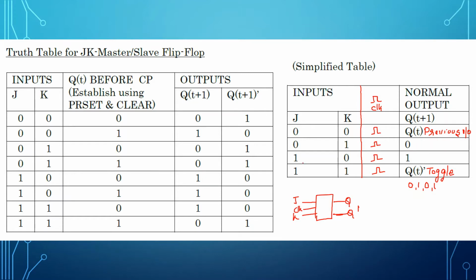When J is 1 and K is 0, it will be, sorry, this was reset state. When it is 0 and 1 and a clock input, it is reset state. When it is 1 and 0 and a clock input, it will come to set state. When it is 1 and 1, a clock input, it will exhibit 0. Again, one more clock input, it will exhibit 1. So this output is going to change continuously with respect to the clock inputs you are going to provide.